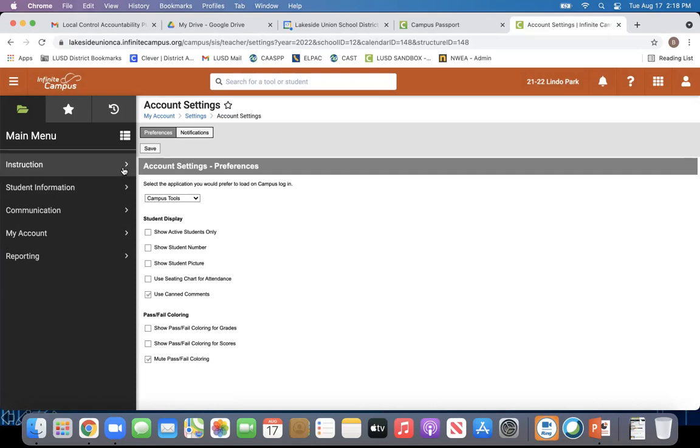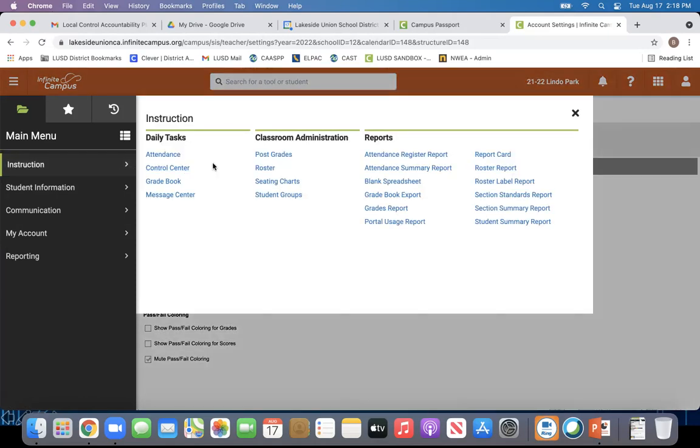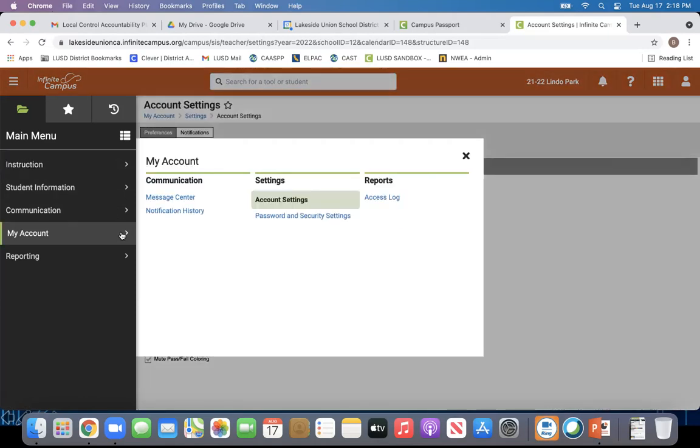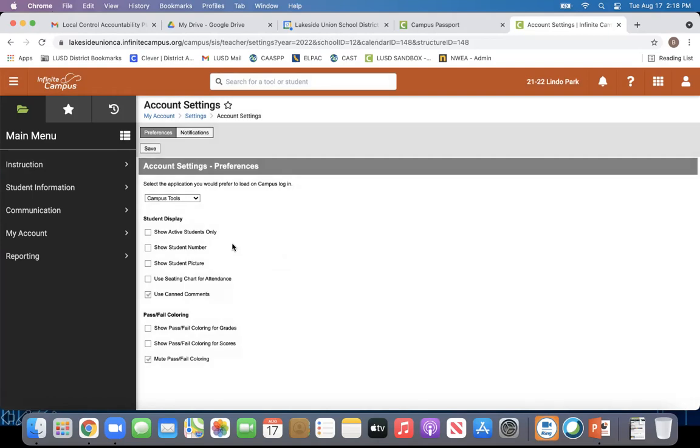So again, this is instruction. We are in, sorry, this is my account. We are in account settings and it will take you to this page. What I would like you to do is go ahead and click on this drop down menu and click on